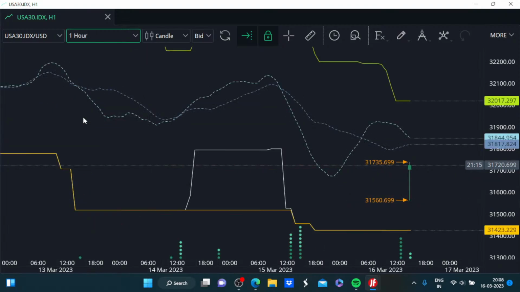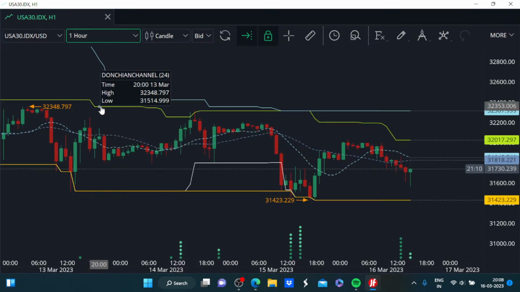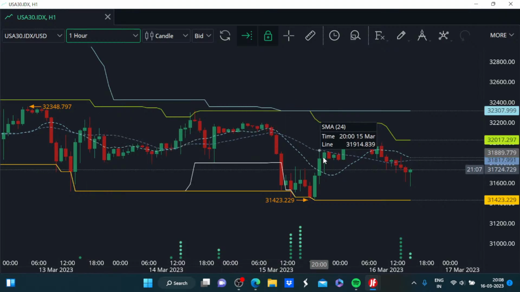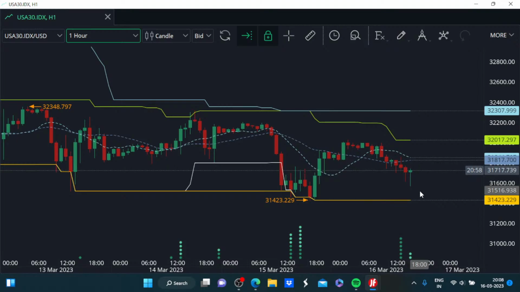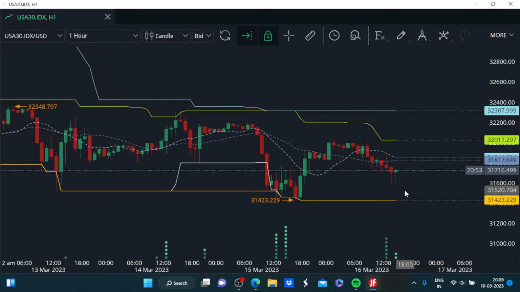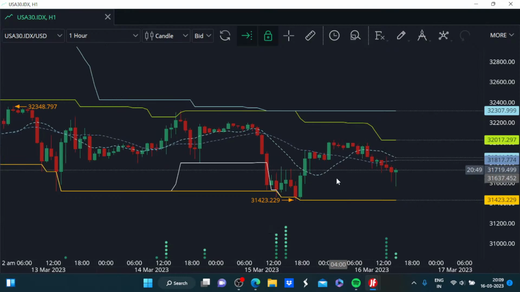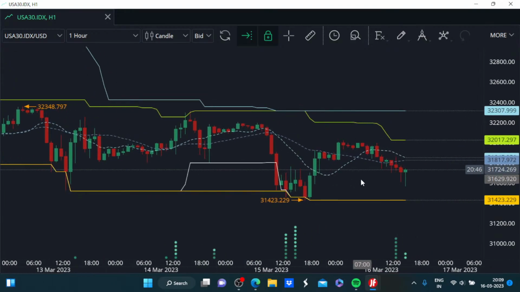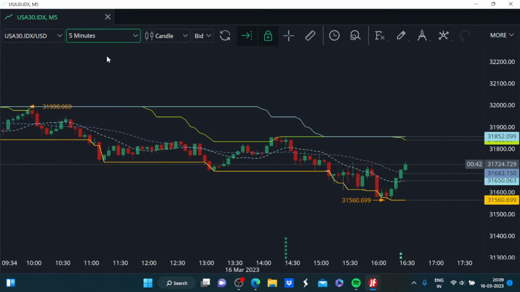It has declined around 1 percentage point from the higher levels after making a low closer to 31,400. Again, in today's trading session, we saw the Dow Jones Industrial Average dipping towards 31,600. Right now, it has recovered some lost ground, but I'm not expecting the momentum to change, and we are likely to see the Dow trade with a bearish bias in most part of today's trading session